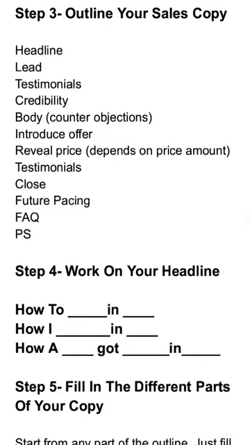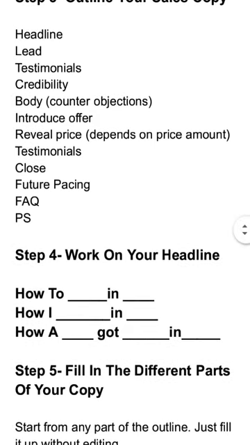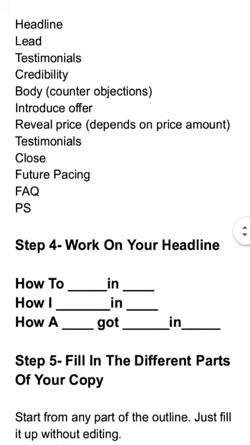After you have done that in the body copy, you introduce your offer. Your offer is what you're selling. You introduce it, and this is where you're going to put all what you've written down in the offer section. You put it down there and articulate it much better. Then after you make your offer, you can now reveal the price. Now, depending on what you are selling, if it is a very cheap product, 1,000 naira, 2,000 naira, you can reveal the price right after the headline. Okay? And you can just have buy buttons in every section of your copy. But if it is a high price product, you can have your price just after you reveal the offer.